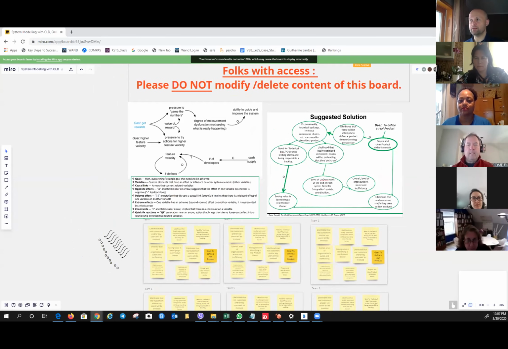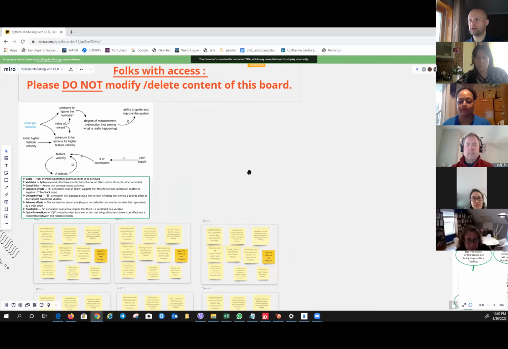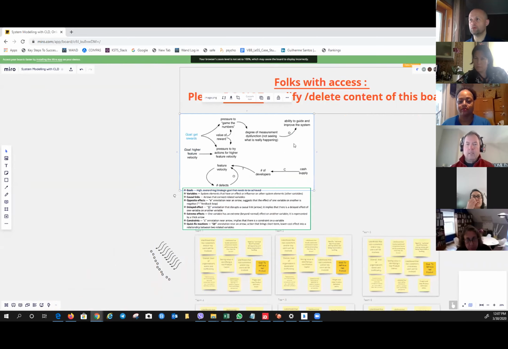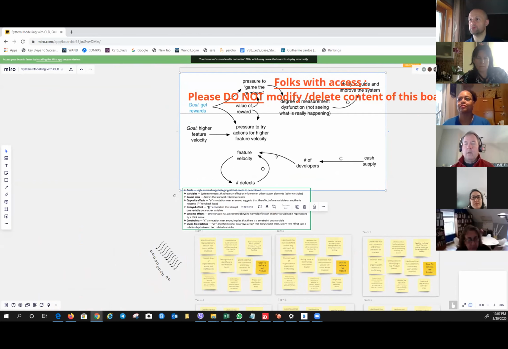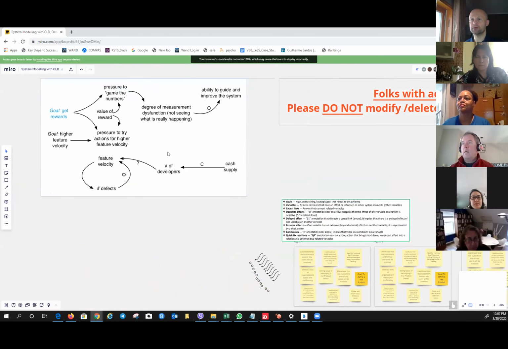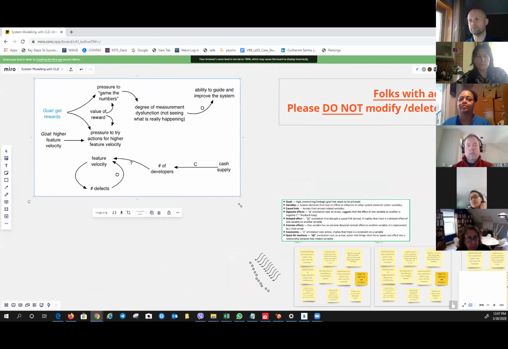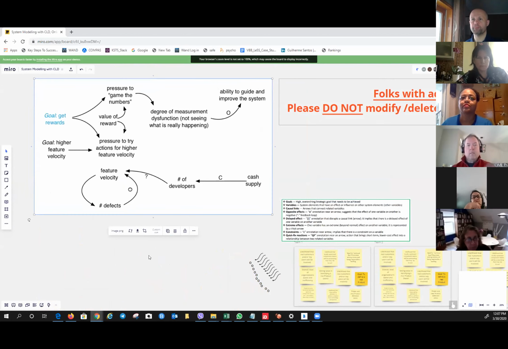So first, let me move this out of the way. Let me dive right into what a causal loop diagram is and what it means to talk about system dynamics in the context of pretty much anything, not just large scale Scrum. So